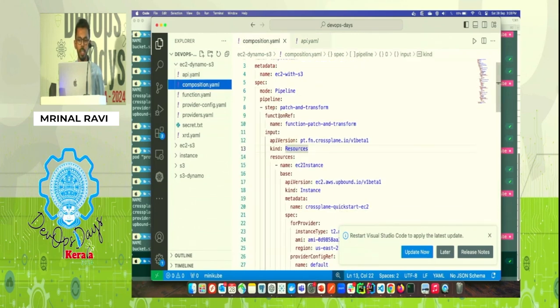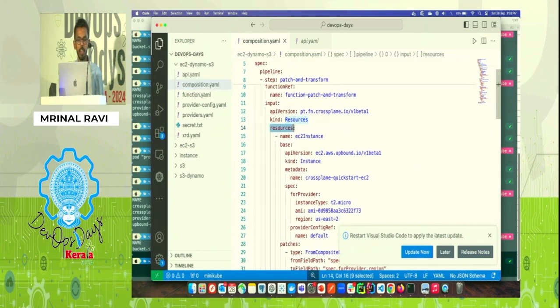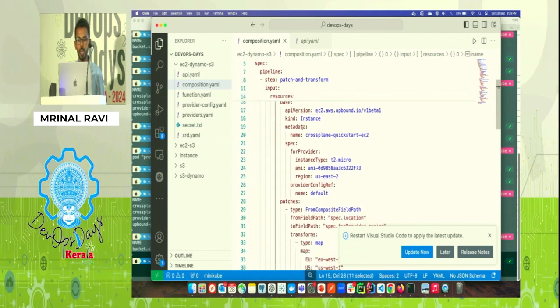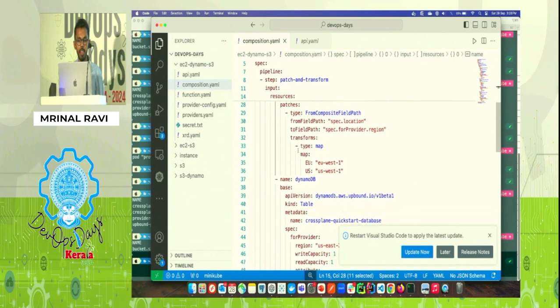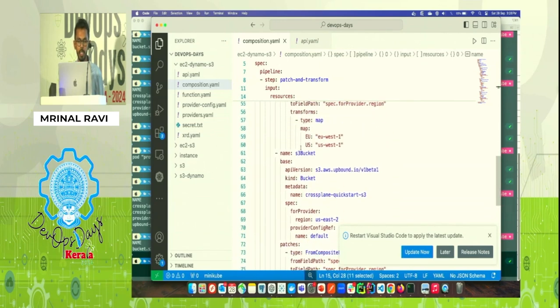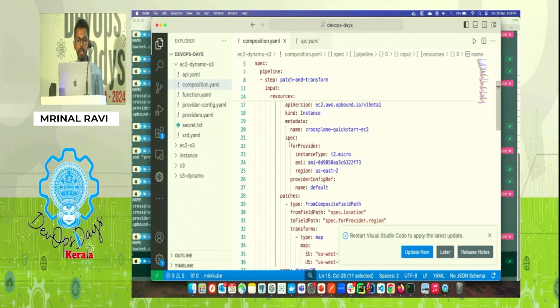So let's say I need to create a set of EC2, DynamoDB and S3 in one go. There will be a resources field and it accepts an array of resources. In the first one, I'm giving EC2 and its spec, like EC2 parameters: the instance type, AMI ID, the region where it would be deployed, like that. The next one is DynamoDB and its spec, and the next one is the S3 bucket. Whatever resources you need to create, you can add in the array of resources, and once it is ready,